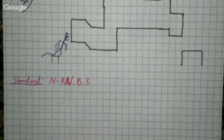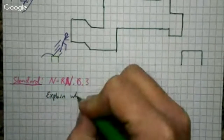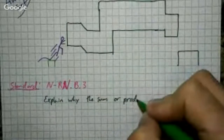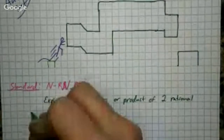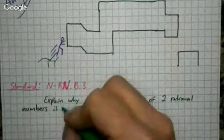And we're going to go ahead and write down, now, we're not going to write the entire thing. I know I've written this standard before. At least you should have written this standard before. So what we're going to go ahead and write is just the important part that we're going to need to know about today. So let's take a look. And it says, explain why the sum or product of two rational numbers is rational,